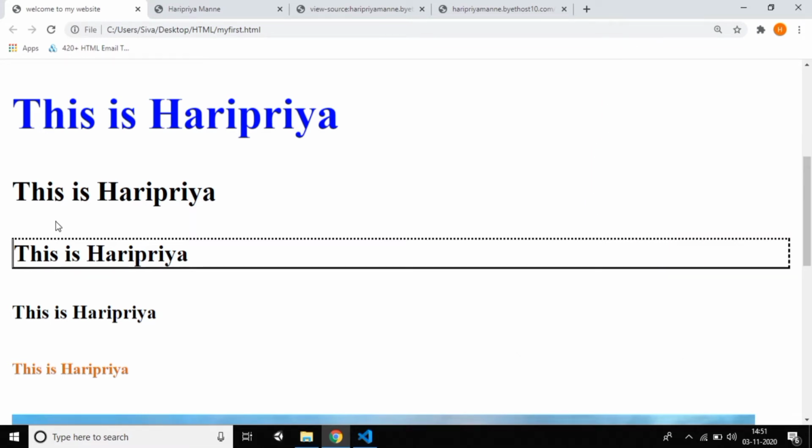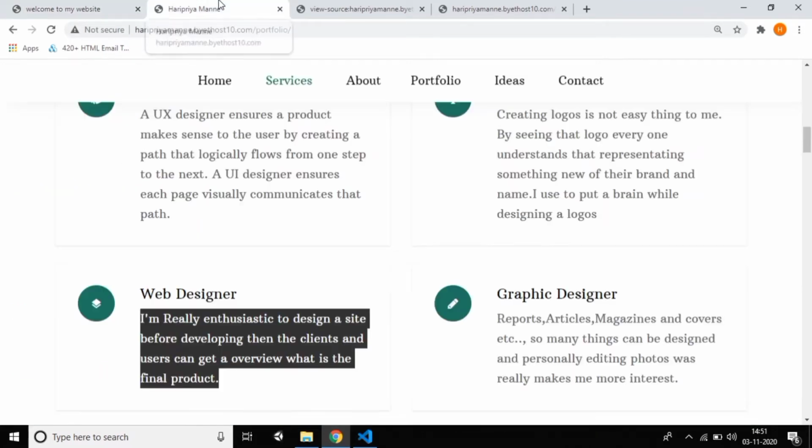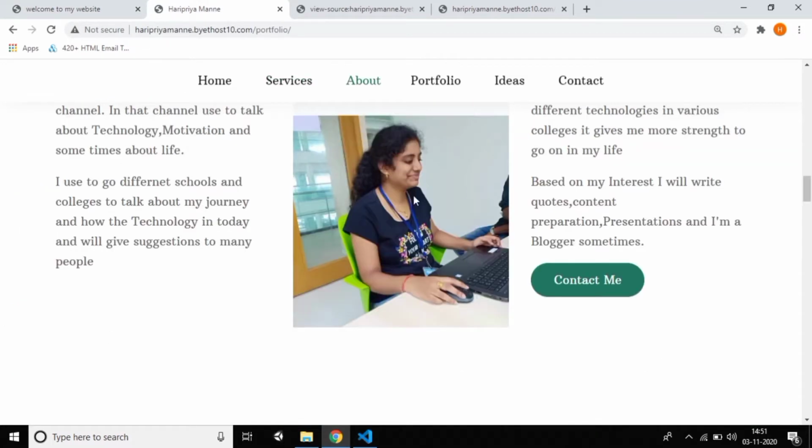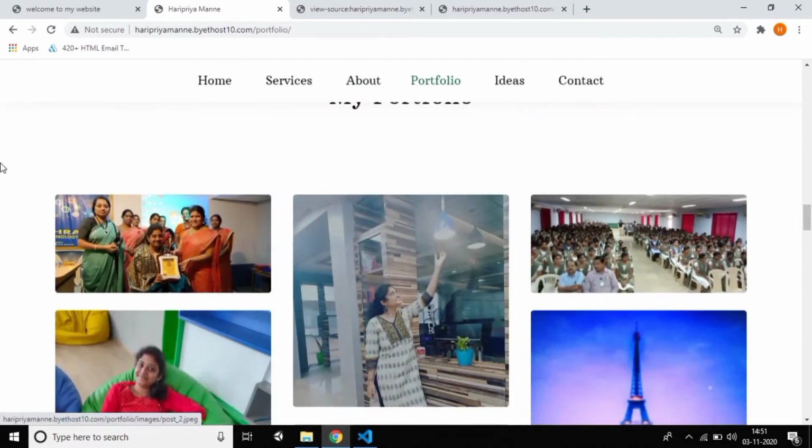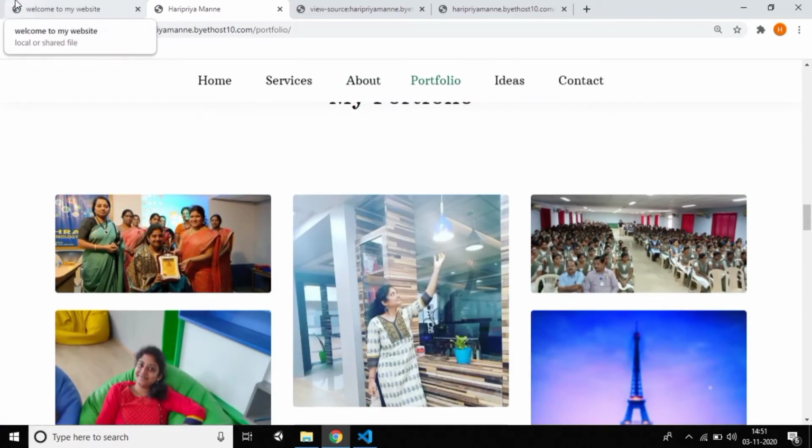Now in this tutorial I'm going to explain about margin. So what is margin? Is it possible to create a margin by using CSS? Everything I want to discuss. So this is a website. As you can see, the photo is used within a particular border only, and that is also called margin. So you can create margins for everything.